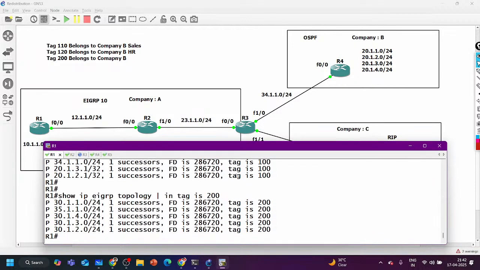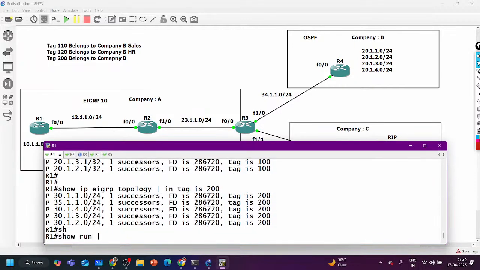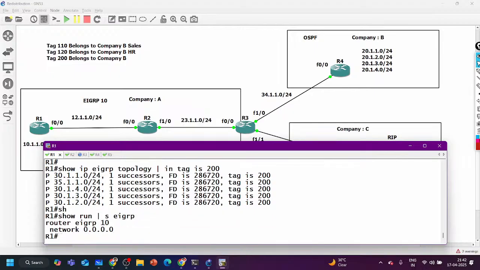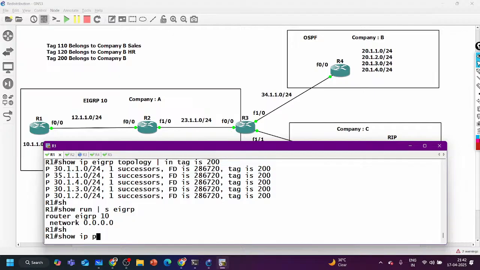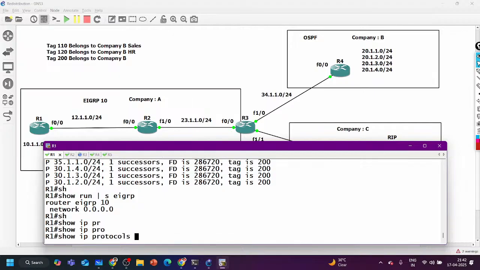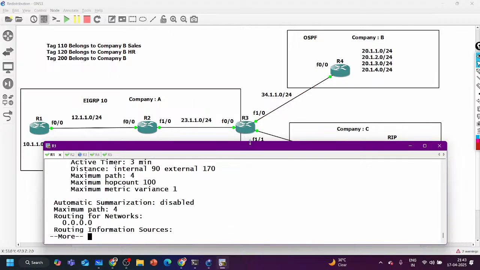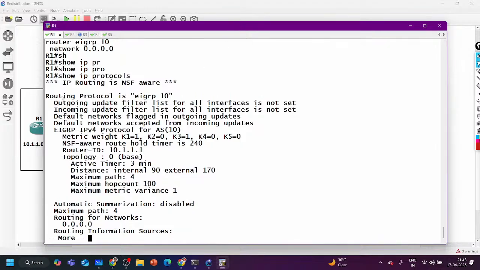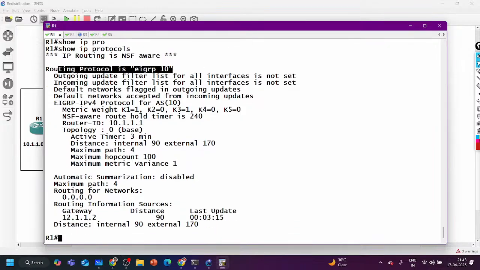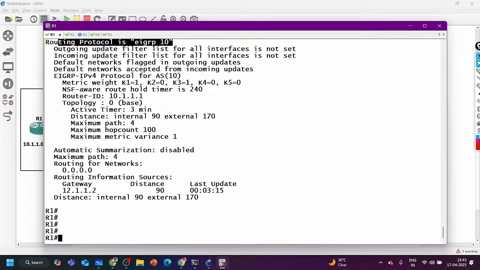See here. So run section EIGRP. Like this also you can verify, or show IP protocol. You can use show IP protocol command also. In the routing protocol, you can see EIGRP AS number 10 is running, and here is the redistribution information. Where is the redistribution? Guys, is there any information about redistribution here?